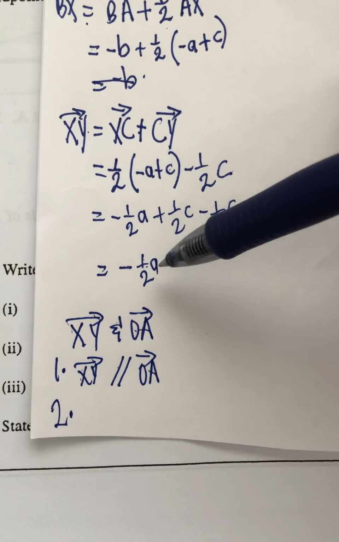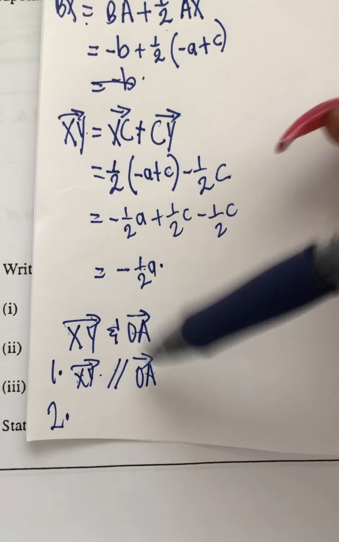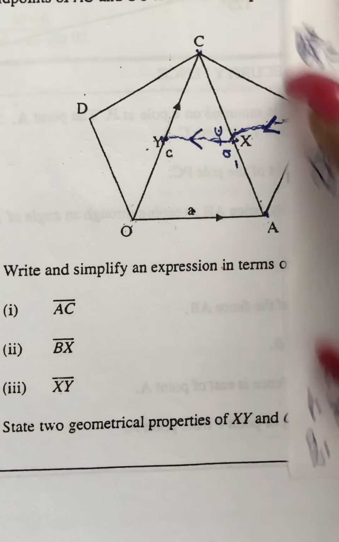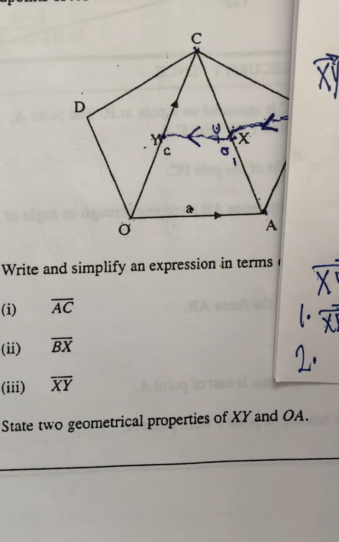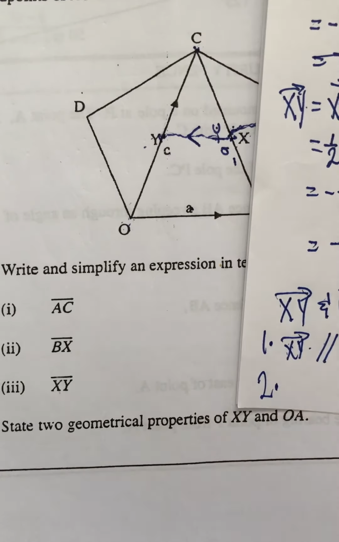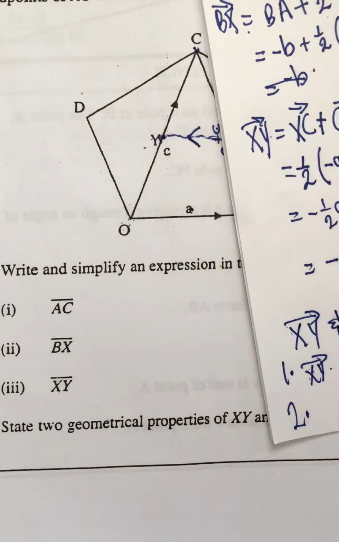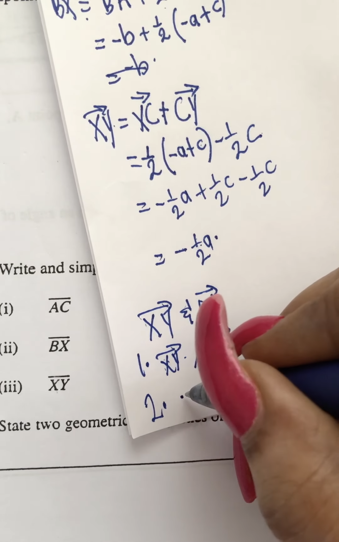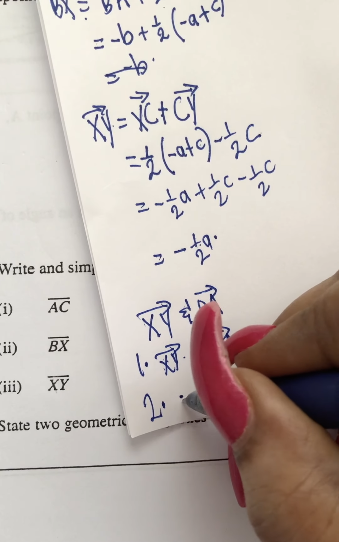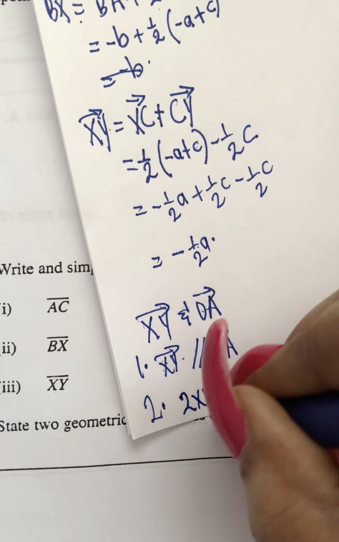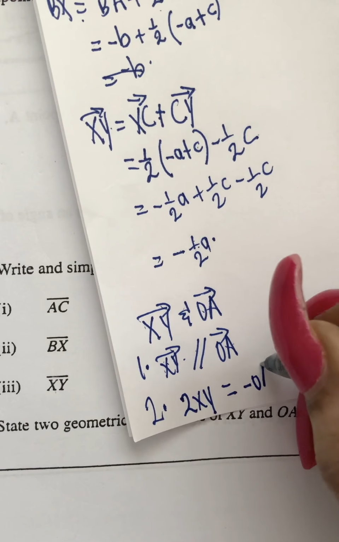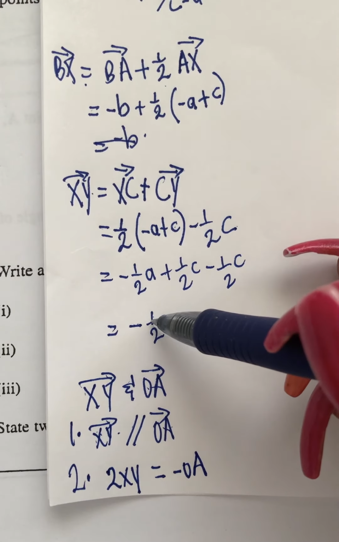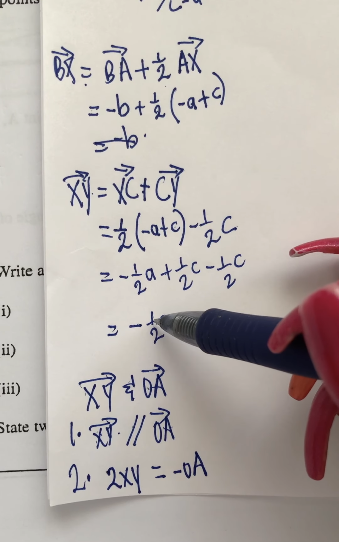Minus half A is our XY. And our OA is A. Right? So what can we say? 2XY is equal to the negative of OA. Because if I multiply negative a half by 2, I am going to get negative